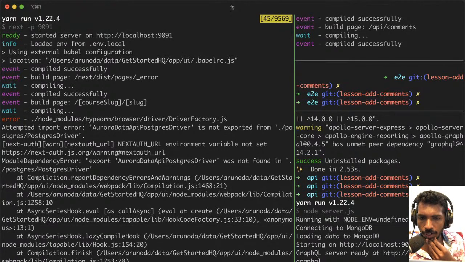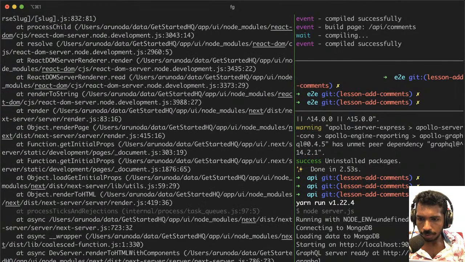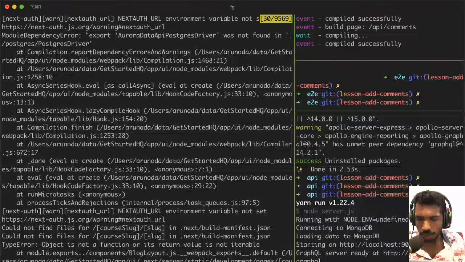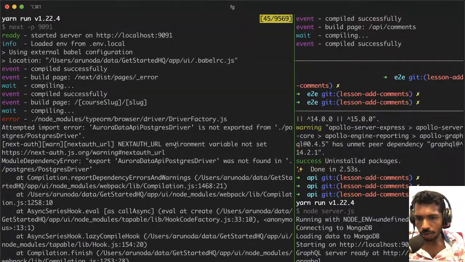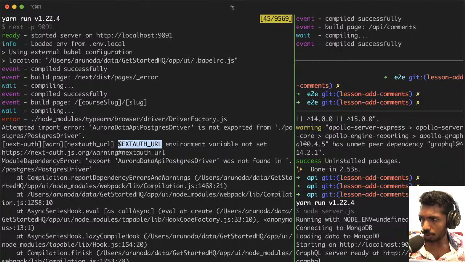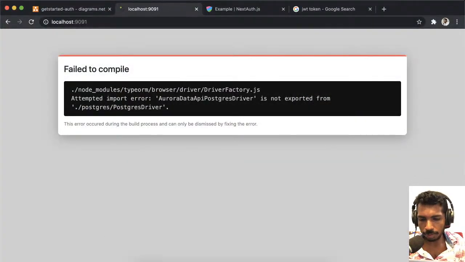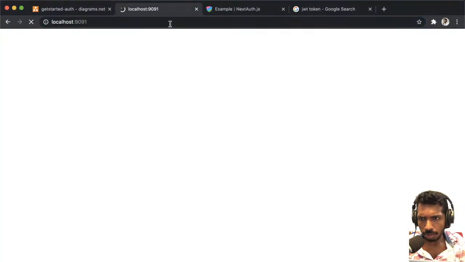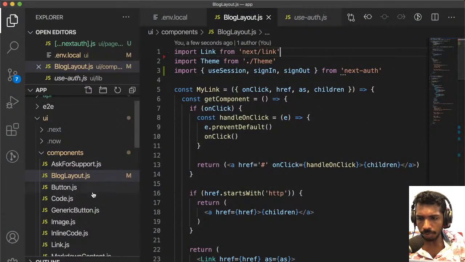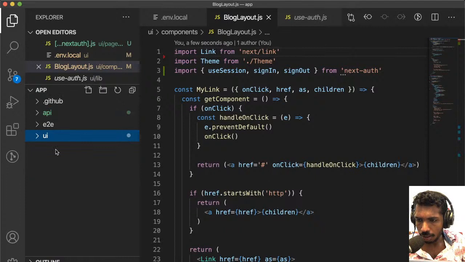All right, that's fine. Anyway, there's something I need to set, the NextAuth environment variable, which is something I should do. While this is going on, I'm not quite sure why this is happening. Anyway, I'm gonna add